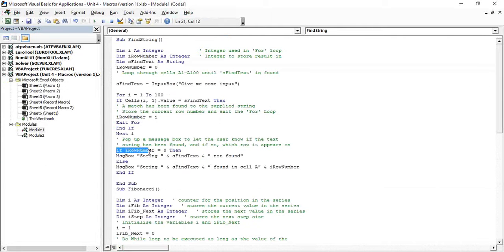So if my I row number is 0, if I cannot find anything, then it says string is not found. But if I found something, then it will say the string is found in particular row number. This is more like a concatenate, which we have written as equal to concatenate. So it's just concatenated and given as the output. If in the first instance it doesn't find the value, then it will go to the next I. So I will be incremental. I will become 2. Then it will become cell 2 comma 1.